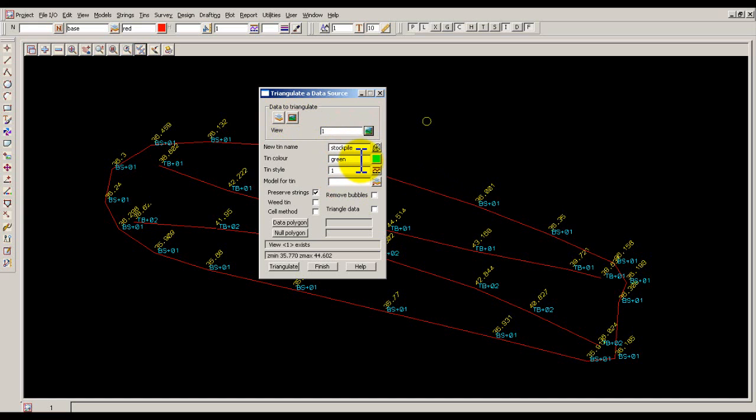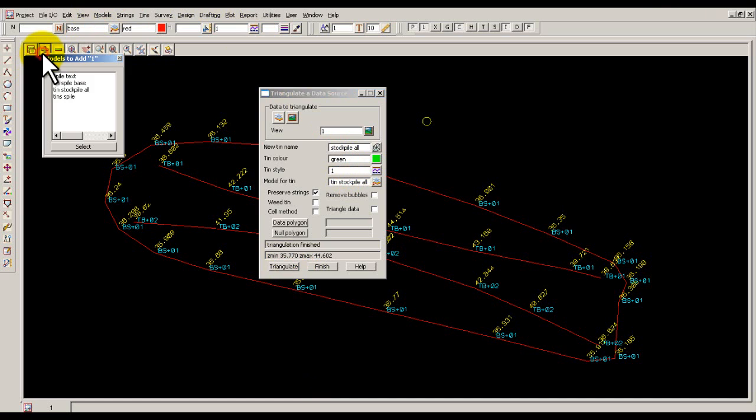And we'll call this stockpile all. It's going to be green. That's going to be 1. It'll do its own. Now I can't impress enough the way that you need to manage the creation of these tins, because as you create more and more of them in one job, it can become a bit of a nightmare as to which tin's which. So probably pays to have a bit of a plan before you go in, or certainly write down or make notes. So we're just going to triangulate that tin again,